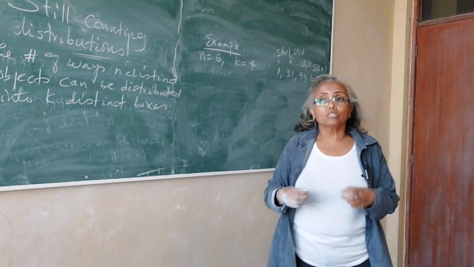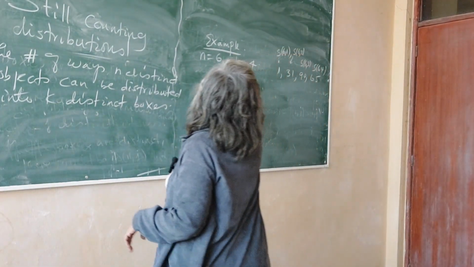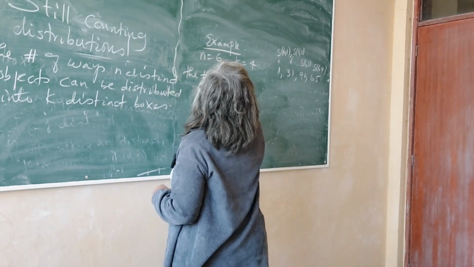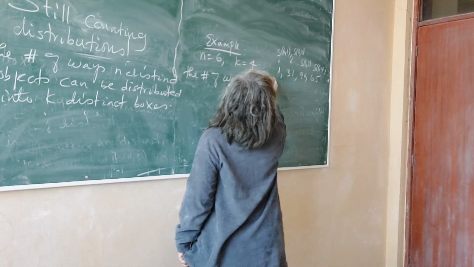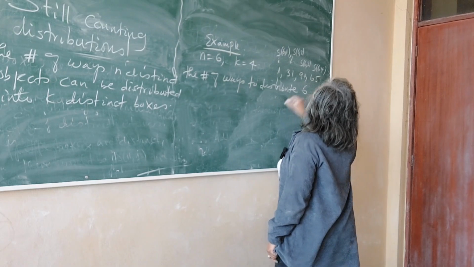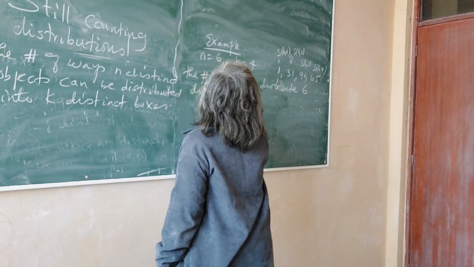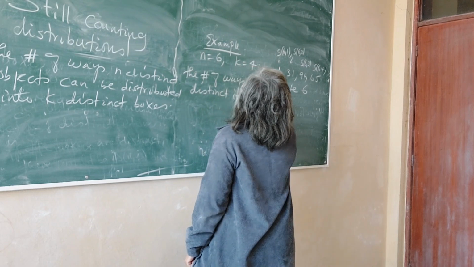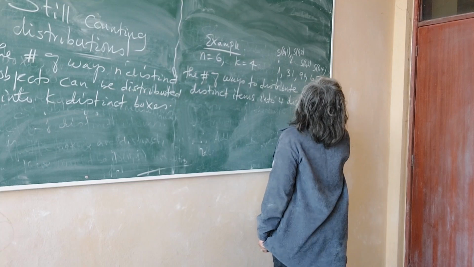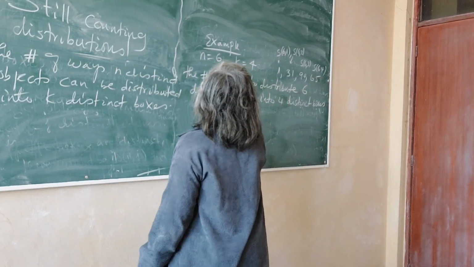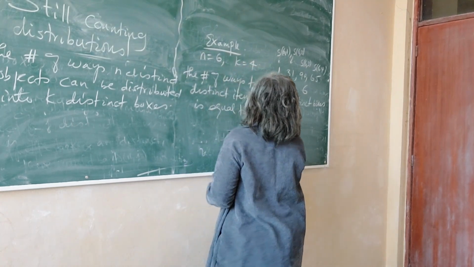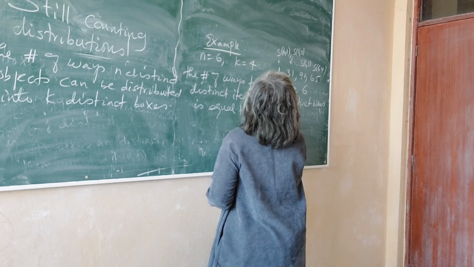These are the Stirling numbers of the second kind that interest us. So the number of ways to distribute 6 distinct items into 4 distinct boxes is nothing but the sum, j varying from 1 to 4, of